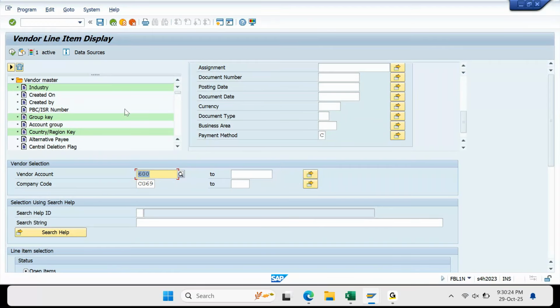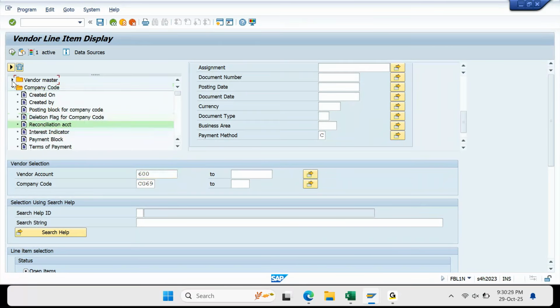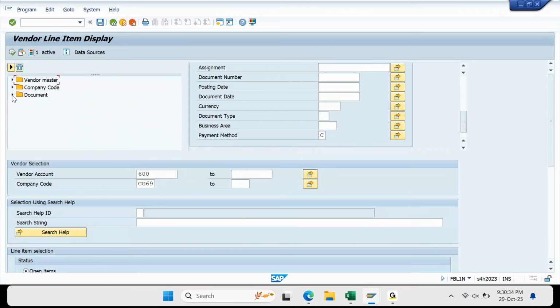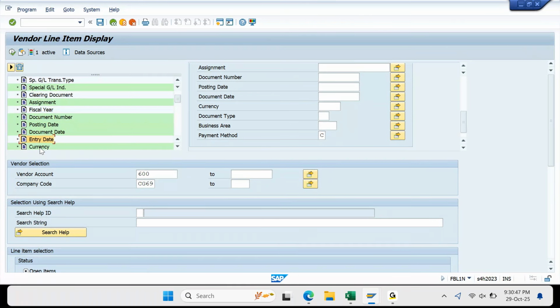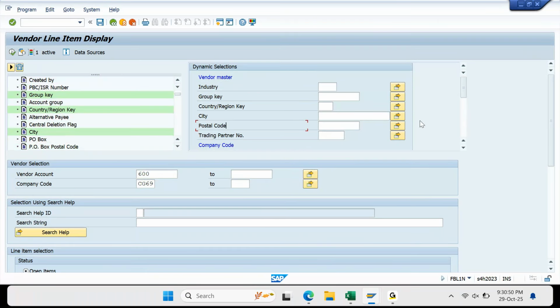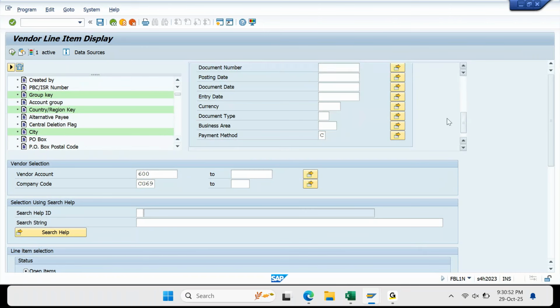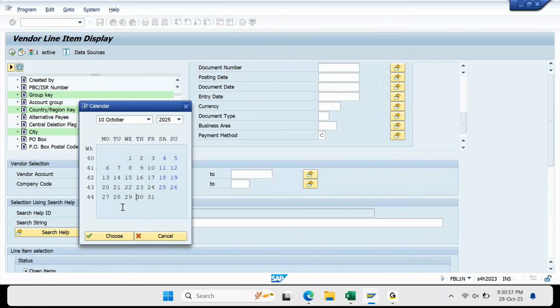Now there is something called vendor master. There is something called company code. There is something called a document, meaning you have a 3-level filter here. Filter on the vendor master data, filter on the company code level, filter on the document. You have something called entry date. Do we also have the entry date here? Yes. If you scroll down, you will get entry date. If I put entry date, something like 30,